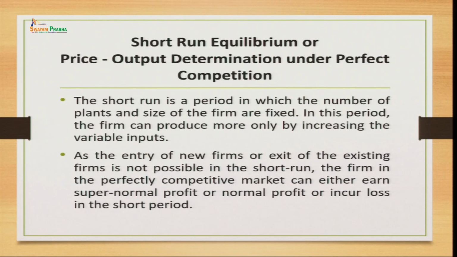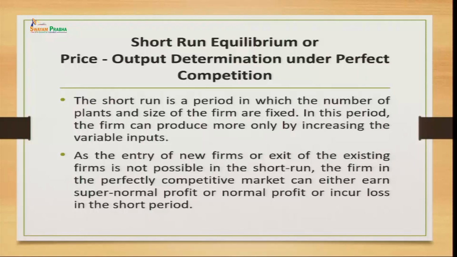Okay. So, here we have short run equilibrium. First, we will talk about the firm's equilibrium in the short run, and how the firm is going to reach this equilibrium point, because we always have this time period into consideration. In the short run we have two kinds of inputs. Some of the inputs are of fixed nature which cannot be changed. Even if we want to increase the size of output, we cannot change the inputs which are of fixed nature. Whereas the long run is a consideration where we do not have any fixed input. All the inputs are variable, because in the long run they are subject to change.